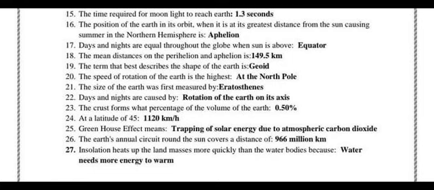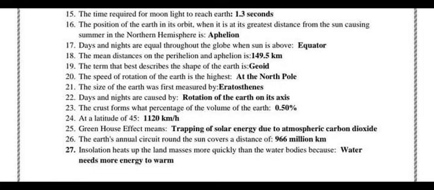Eratosthenes. Next, days and nights are caused by rotation of the Earth on its axis. Most repeated question: the crust forms what percentage of the volume of the Earth? 0.50%. At a latitude of 45, the speed is 1120 km per hour. Greenhouse effect means trapping of solar energy due to